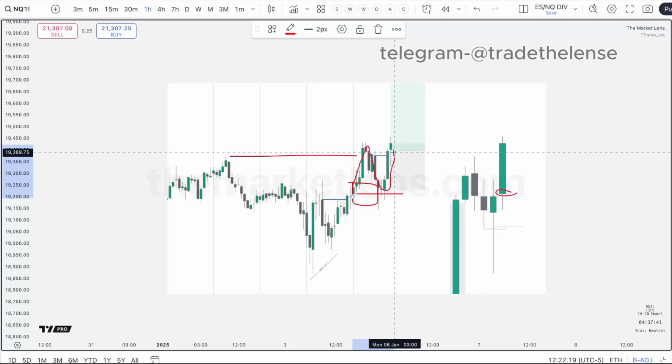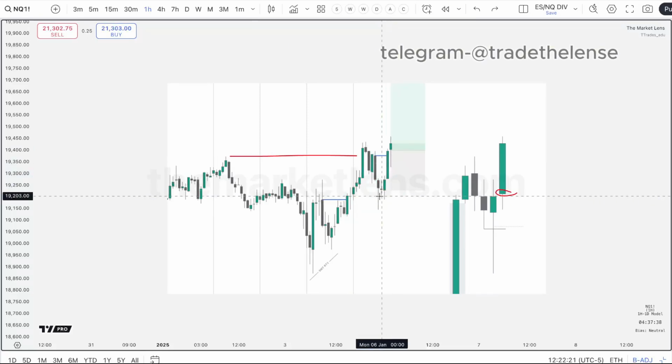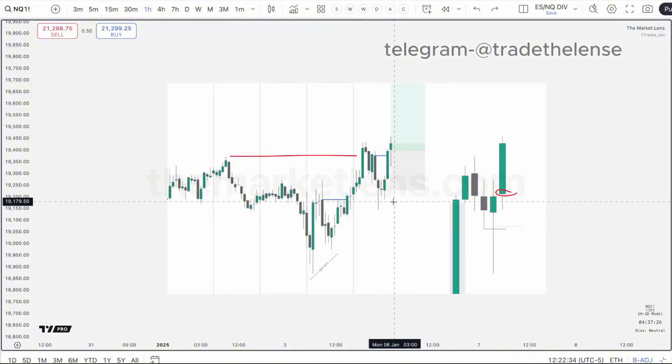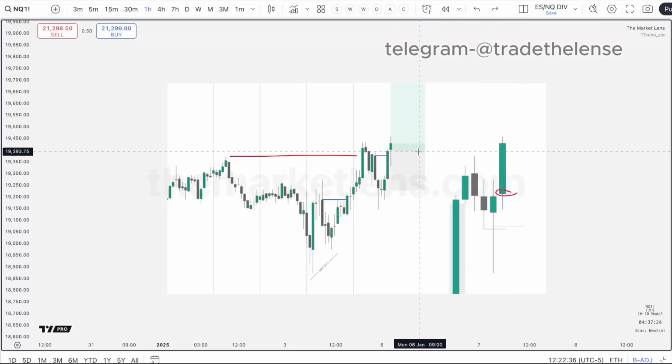And then here, how far into this candle are we? Let me see if you include the time. Next time, please try to include the time in the photos. It helps me. But it looks like we're almost through this candle, right? So even if I was trying to enter long here, I'm not going to enter now.